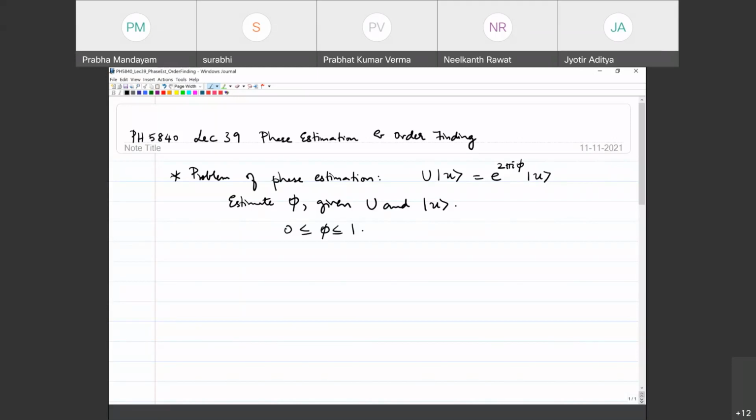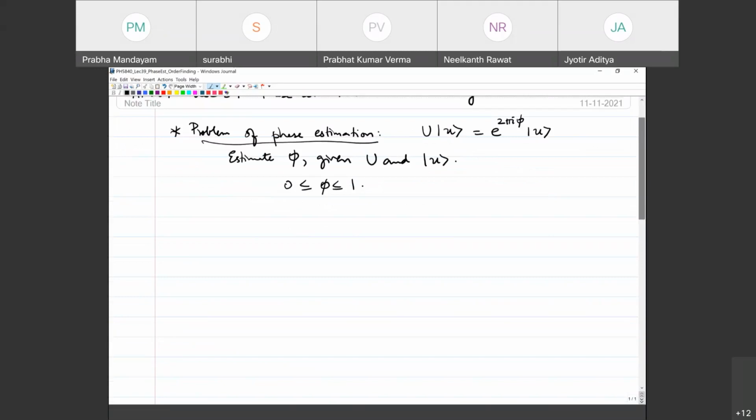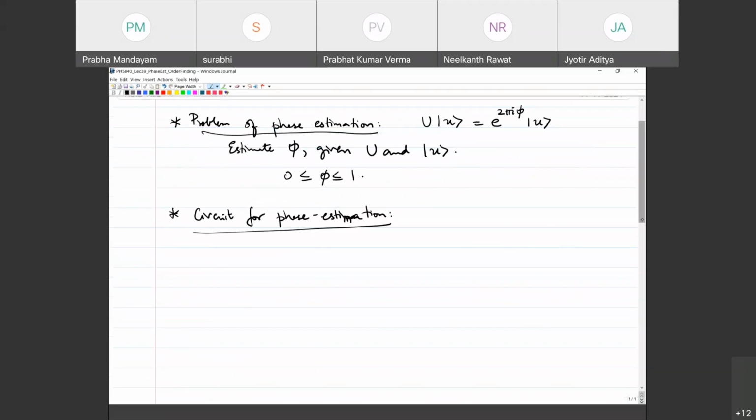And of course, phi is some real number between 0 and 1, right? And what I indicated last time is that the inverse Fourier transform is going to help us to do phase estimation efficiently. So let's first look at the circuit for phase estimation, and then we will see why it works. So let's first say that we want to estimate phi up to t bits of accuracy,